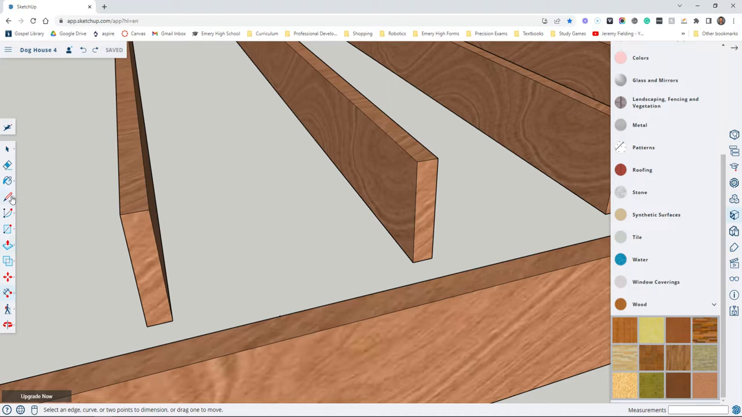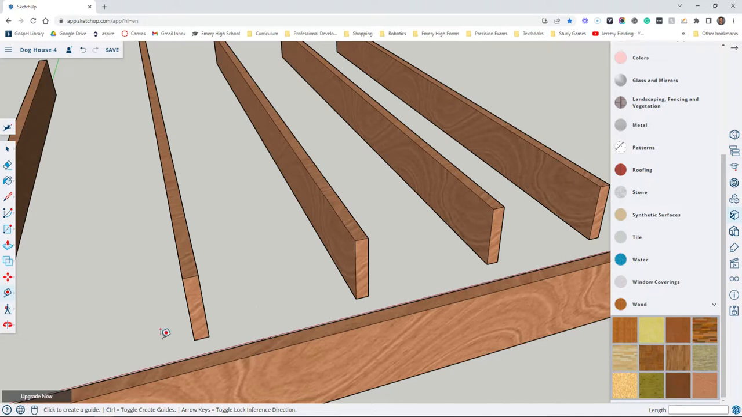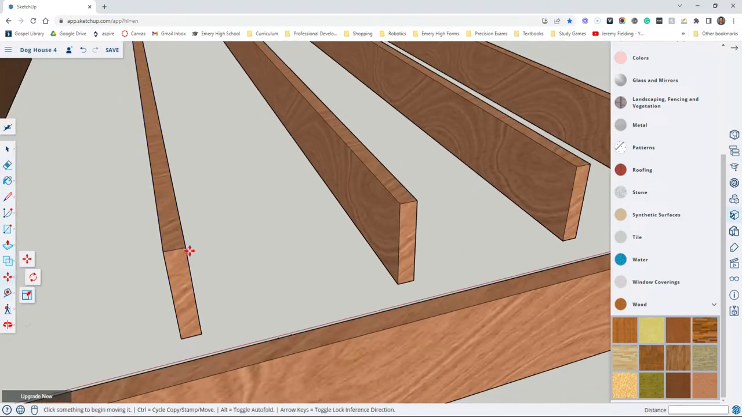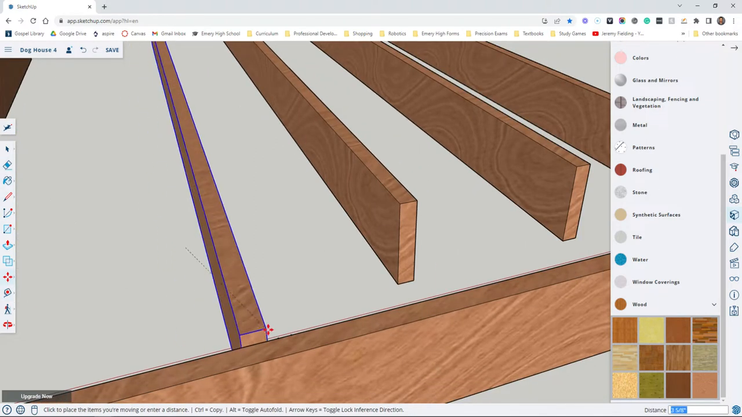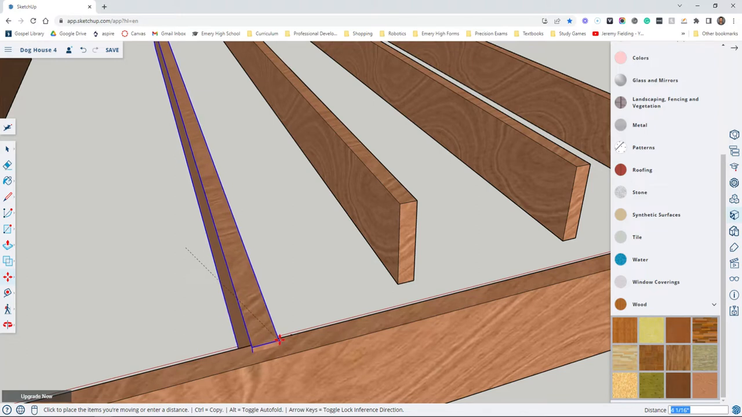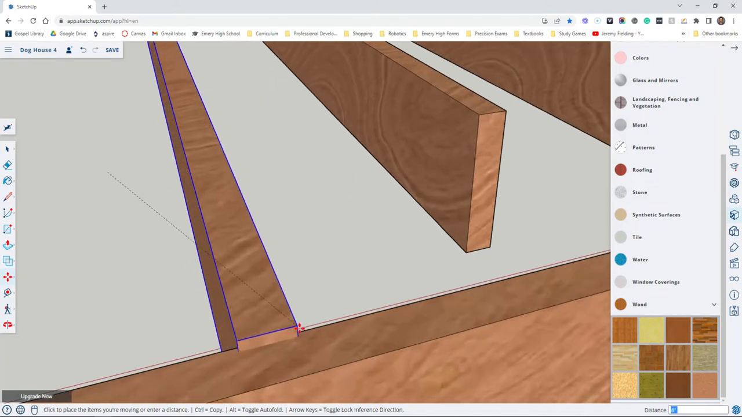So I'm gonna grab this tool, which is my tape measure. I'm gonna click on there, and I'm gonna come to the left. I'm gonna type 0.25. It's 1/4 inch. I just put it over. So now, if I take my move tool and I grab this end point and I snap it to that one I just made,